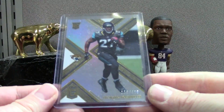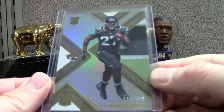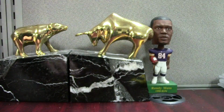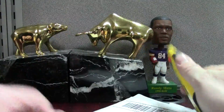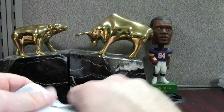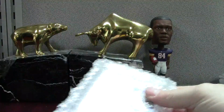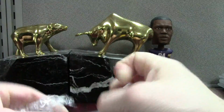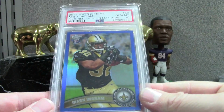We got base Fournette, $4.99. I got a bunch of these back in the recent PSA order, and they were 9s and 10s, so probably won't slab any more of them. I think that was like $1. Cards just go for weird amounts. This is neat. I think it was like $10 shipped. But Mark Ingram, who's been playing like a beast,